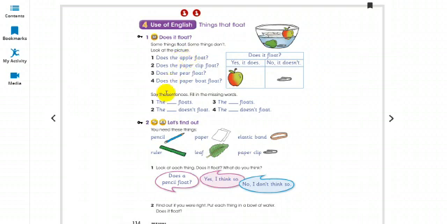A-P-P-L-E. Apple. The apple floats. Now let's look at the second question. The dash doesn't float. That means the dash does not float. So here, in the second column, second box, it is written about the things that do not float. It is a paper clip. So we write the paper clip,